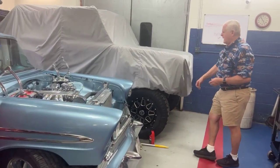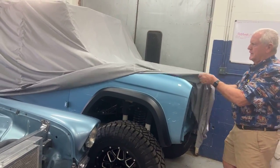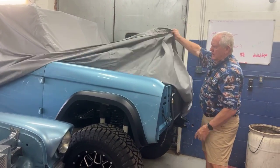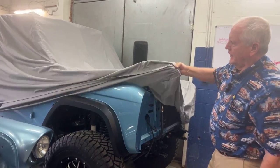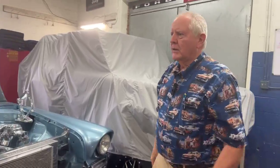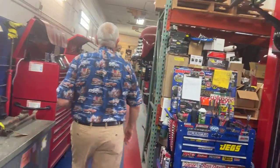And then over here we have an early Bronco that we have done a frame off restoration on. We are not finished, but you can see that we have done a lot of work on it. And it is in the process of winding up and being ready to go back out on the street. Now walk down through here with me,